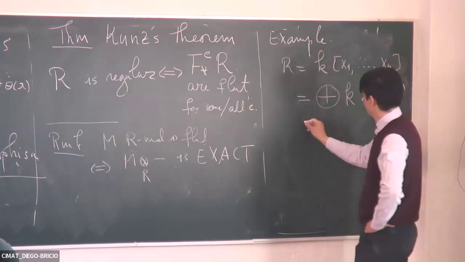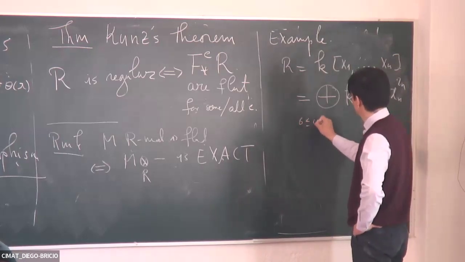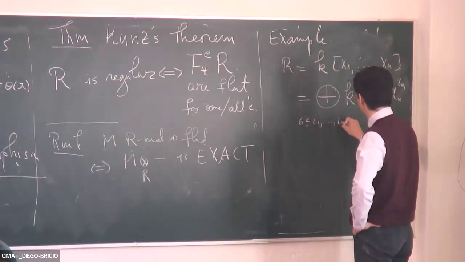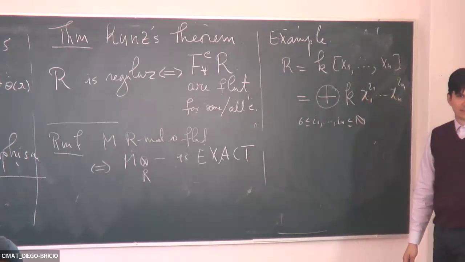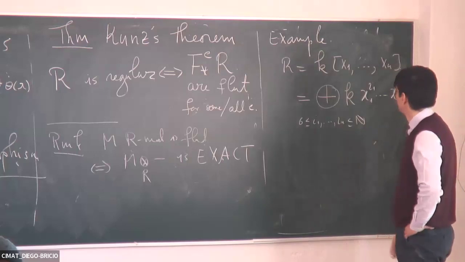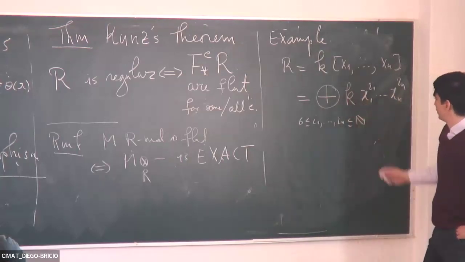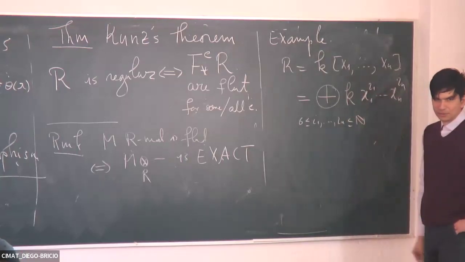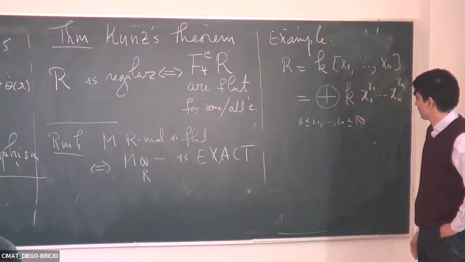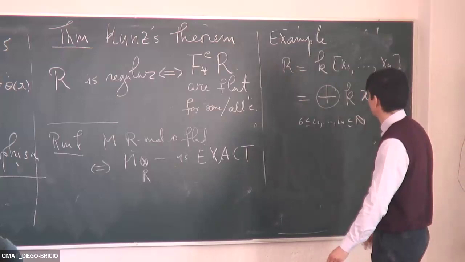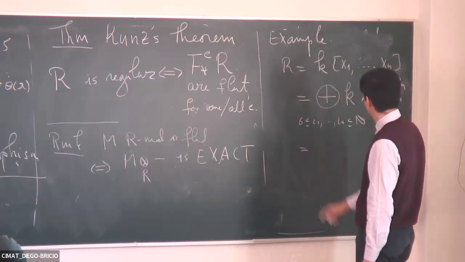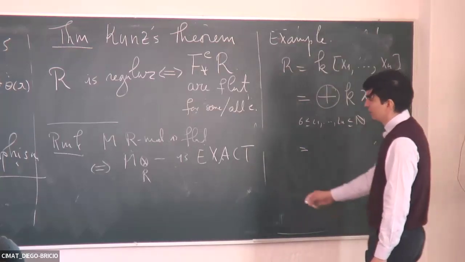of this, where you take this to be simply non-negative integers, right? And the ring operation is just like the monomials and so on. But what is the thing? The thing is that